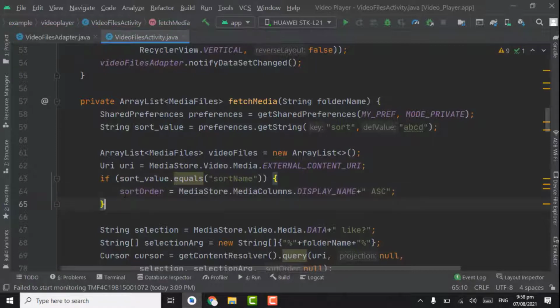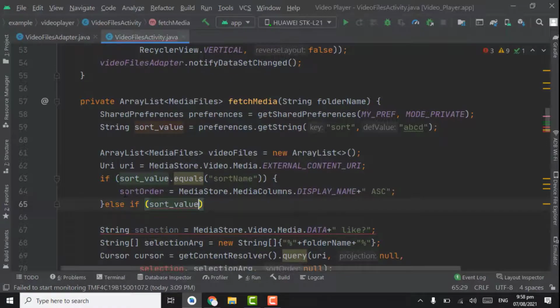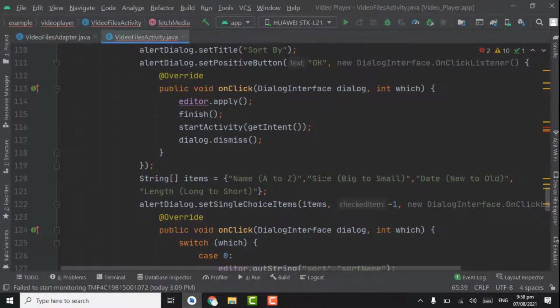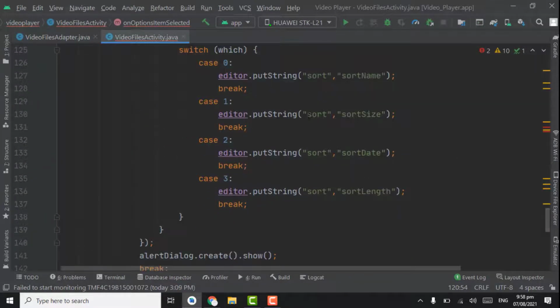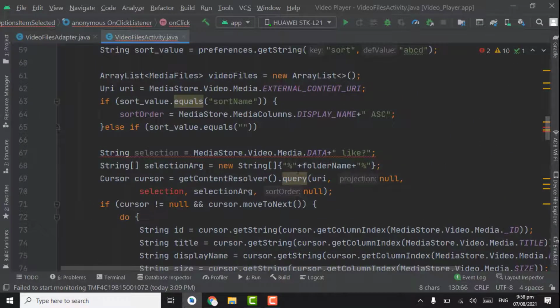Now here, else if sort_value.equals the second value, that is size, and the value that we are sending through shared preferences is this. Control C, sort size, paste it here.